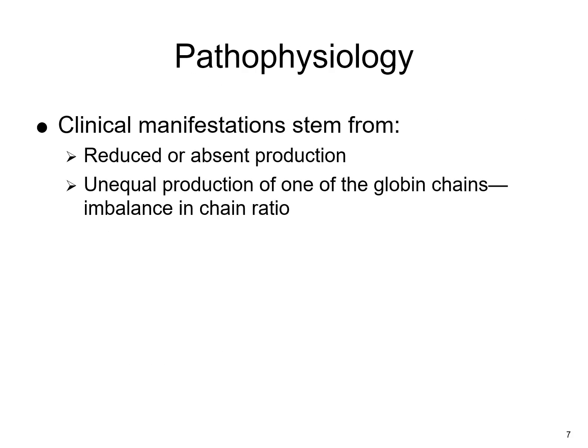For pathophysiology, there are underlying causes of the symptoms. The clinical features of thalassemia are primarily going to arise from two different problems. The first one is a reduced or absent production of those globin chains, which is going to lead to a decreased hemoglobin level, which can cause hypochromic microcytic anemia and will also cause red blood cells that are less efficient at oxygen transport.